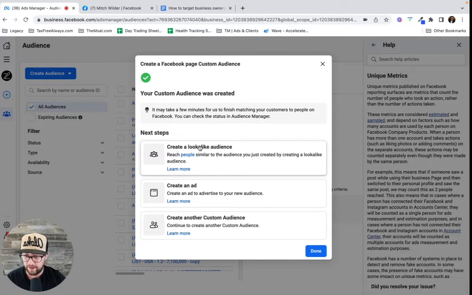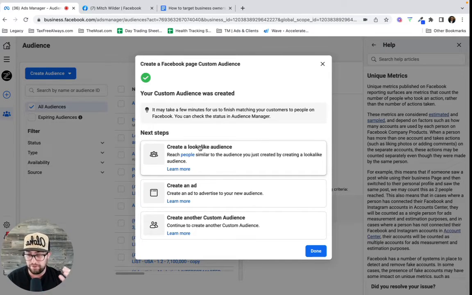The great thing about it, and why it's one that I included in this video, is that it's not susceptible to the iOS update. The reason is that all of that data is being held on the Facebook ad platform. There's no data loss. Nobody is leaving Facebook for me to collect that data.